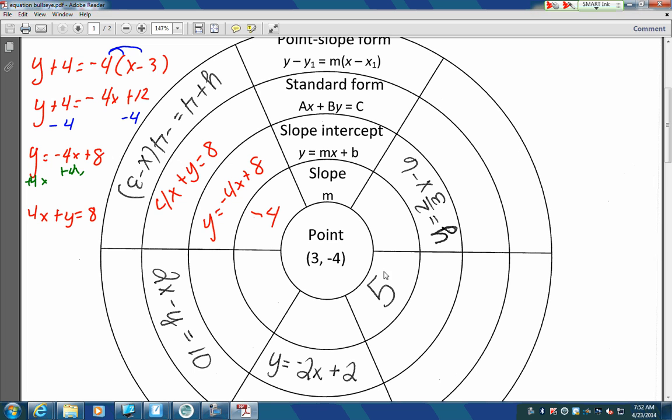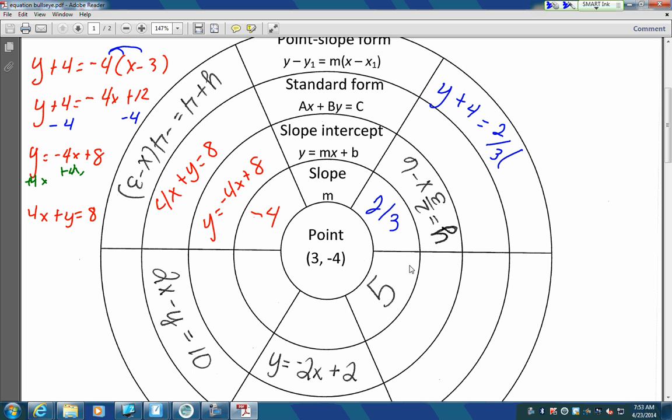Now, just like this one over here, in slope-intercept, what's my slope? 2 over 3. So now that I have my slope and my point, I can write it in point-slope form. Y minus y1, so it would become plus 4